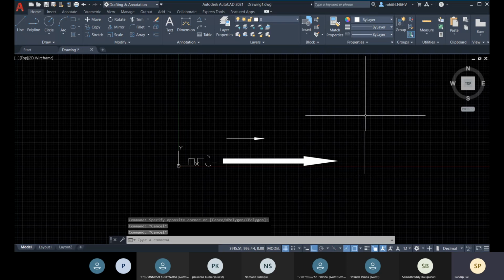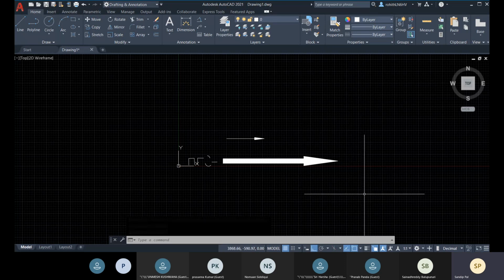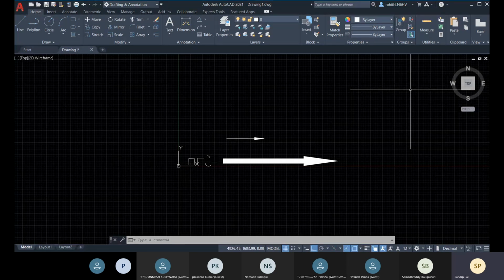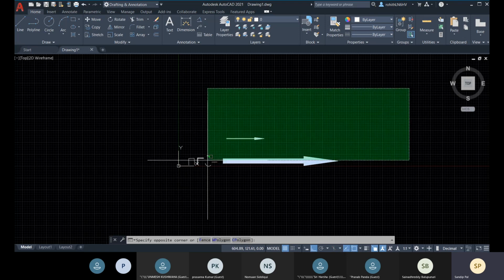Now let me talk about the green window selection. The green window selection selects by just crossing over the object. So how do you create a green window selection? Wherever you click, if you drag towards the left side from that point, you will be forming a green window. So here I'm clicking and dragging towards the left side.